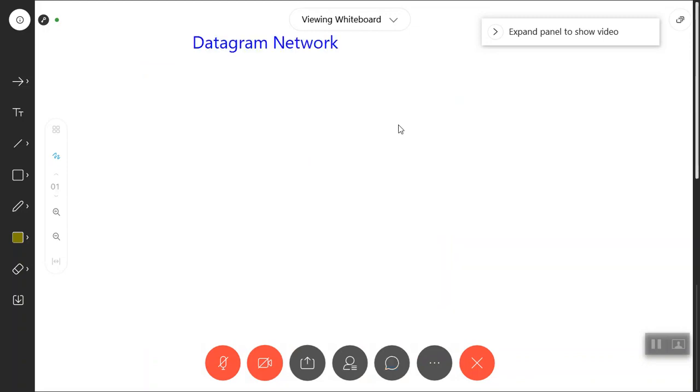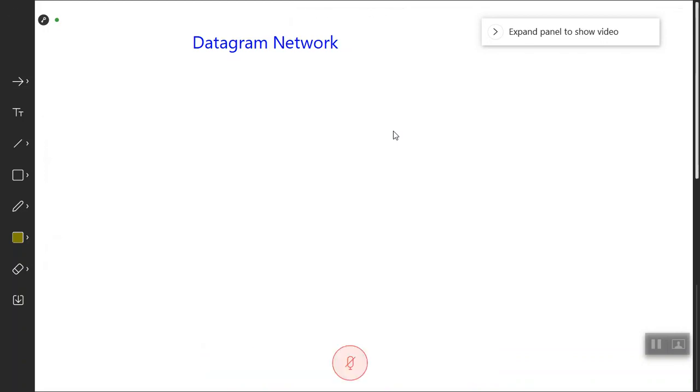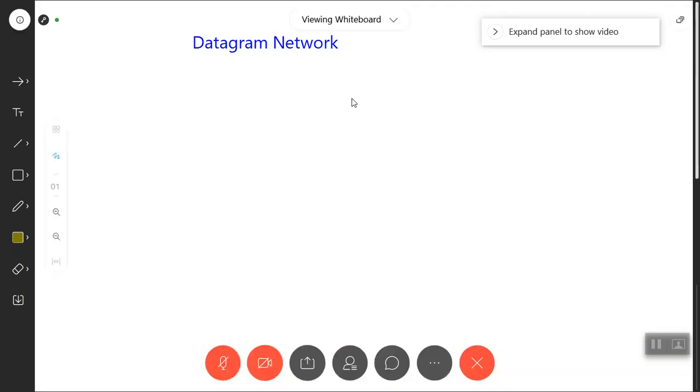What is a datagram network? A datagram network is the network that we typically use. That is how I am communicating with you. It's analogous to the postal service. If a sender has to send a letter, or let's say I have to send one to Abhishek, I should know Abhishek's complete details, like what state he is in, within that state what city, what street, what location, what is his room number, building number, and so on.